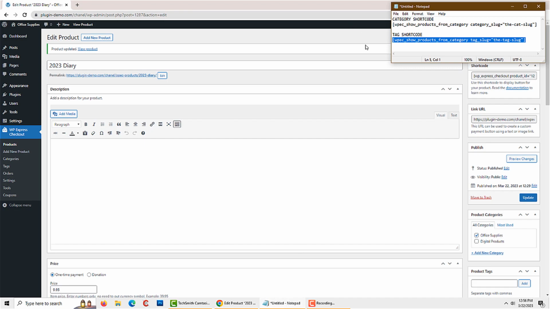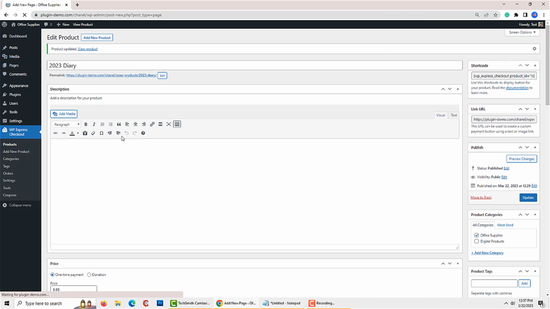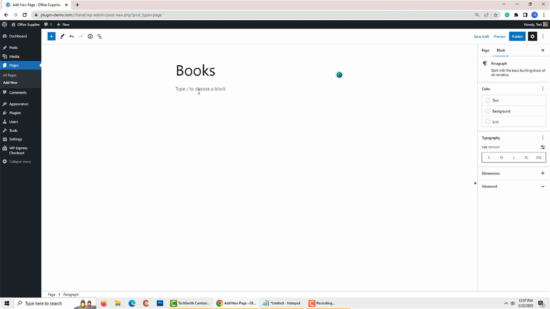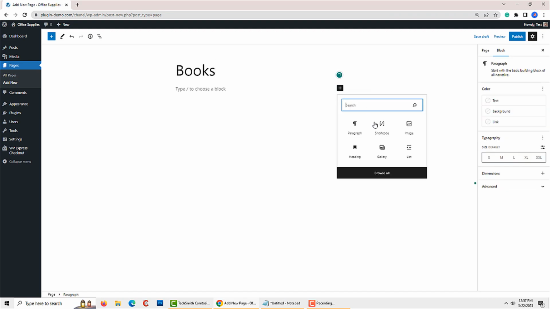And then I'll bring back up those shortcodes and we're going to focus on this shortcode this time. So it's the tag shortcode for the WP Express Checkout plugin. And I'm going to copy that tag. From here, I'm going to add a new page. Add the title. I'm going to just have books, so products that are books I'll be adding onto this page